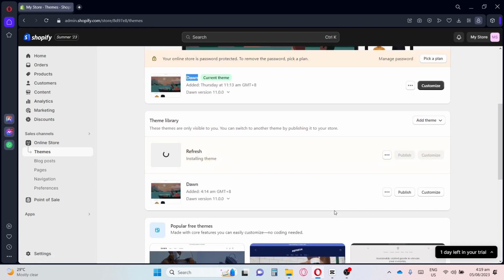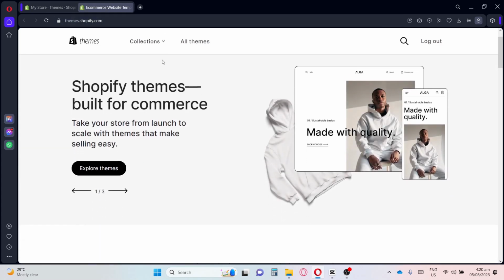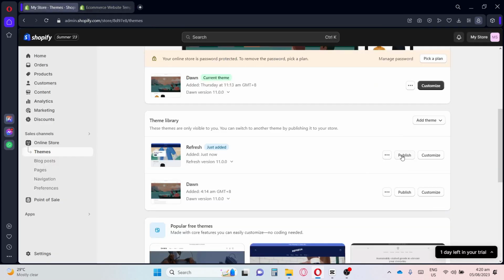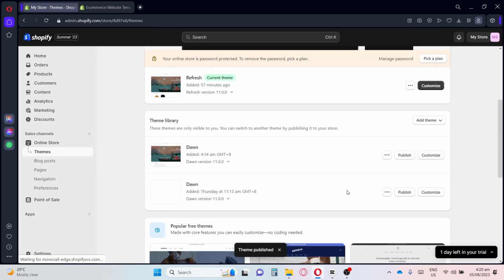And then it's going to download here at the theme library. And then here you can also add another theme. You just have to visit the theme store to view more themes. And for now, we're just going to choose option one. So once it is downloaded, you can just go ahead and click publish, hit publish. And there you go. My current theme now is